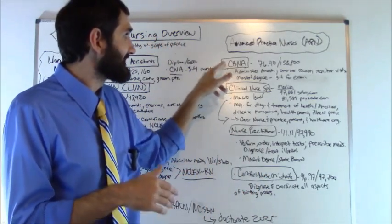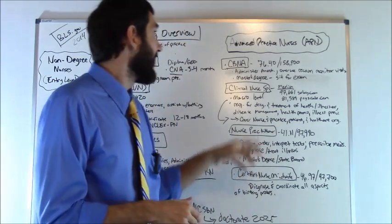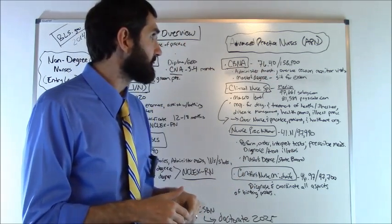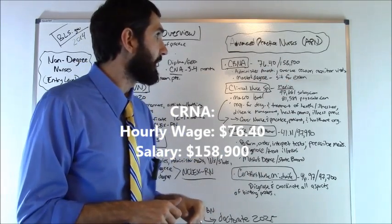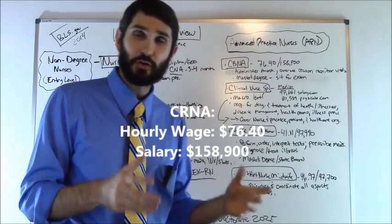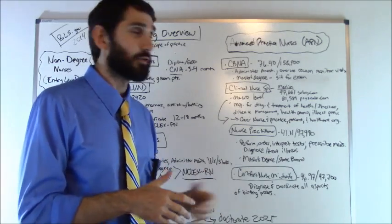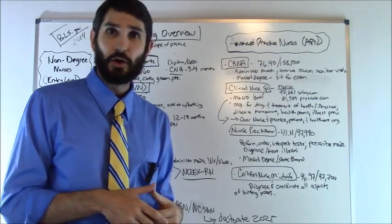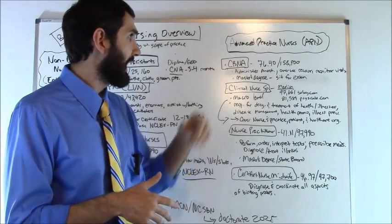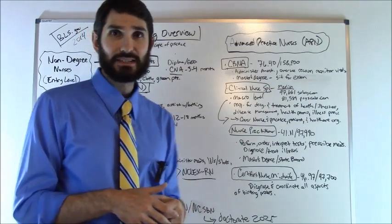The first one is the CRNA, the Certified Registered Nurse Anesthetist. And these individuals make $76.40 per hour on average in the United States, or a salary of $158,900. And what they do is they administer anesthesia, they oversee the recovery after an anesthesia has been administered, and they also monitor vital signs of patients. You're going to have a master's degree, which takes about 2 to 3 years, and sit for an examination after